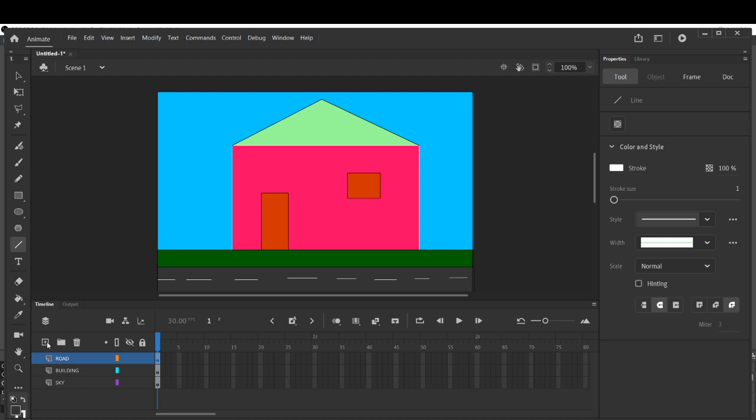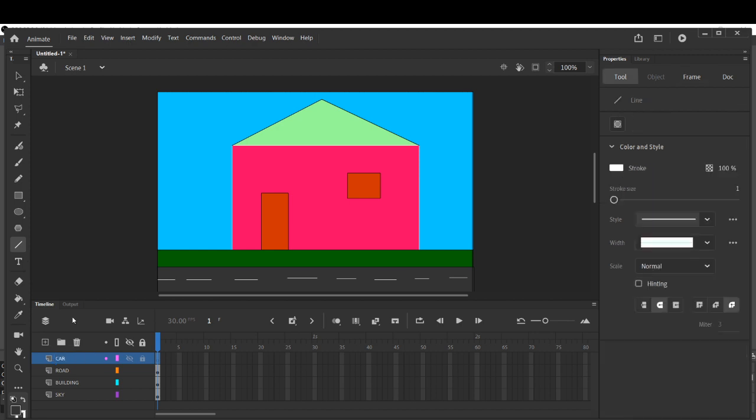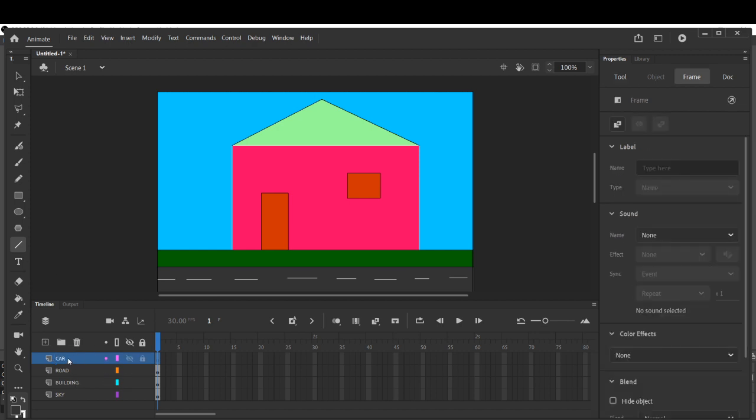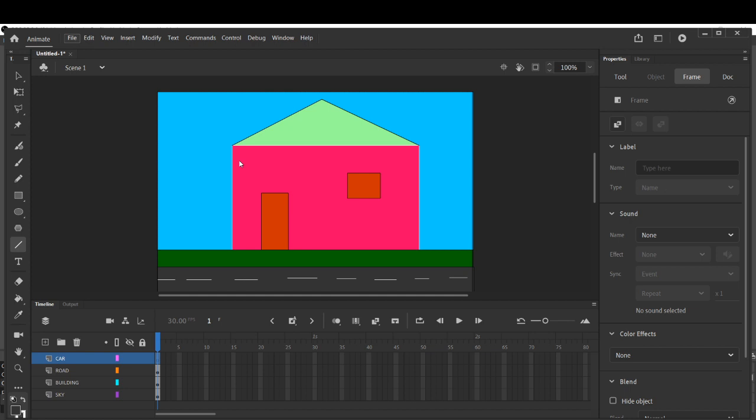So click on the plus sign to insert a layer first. Layer 4 is now activated. Double click on it and rename it as car, children. And now on this particular layer, which is at the top, we will insert a car. So click on file, import, and import to stage.